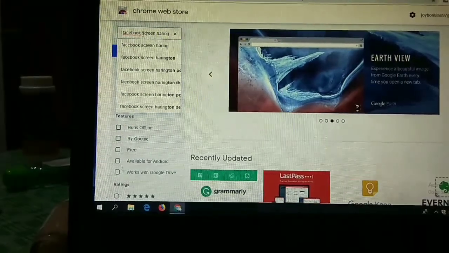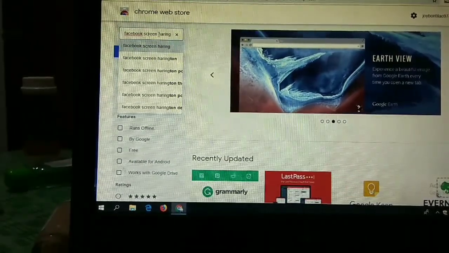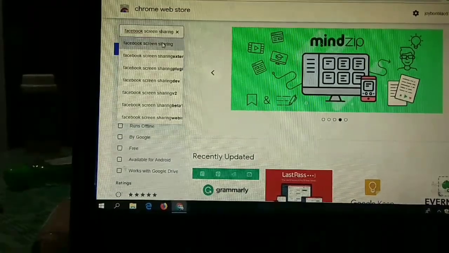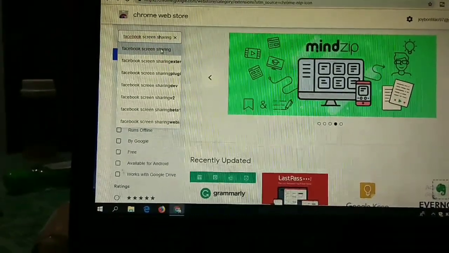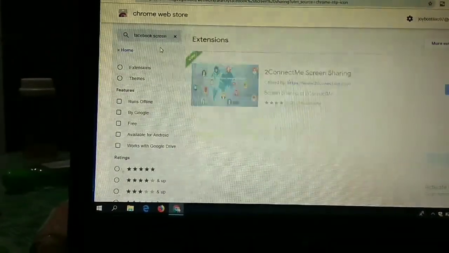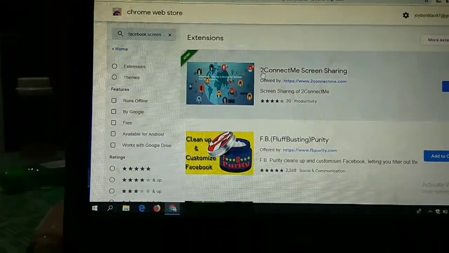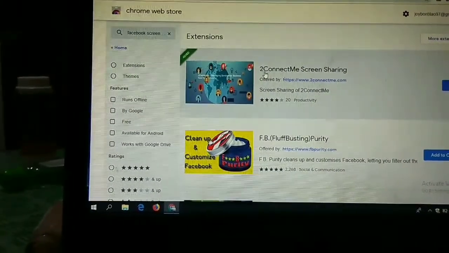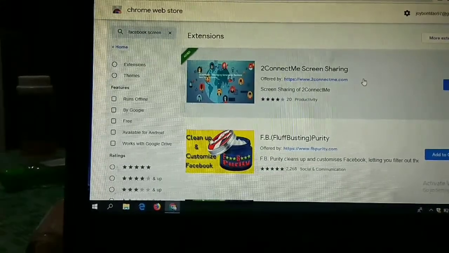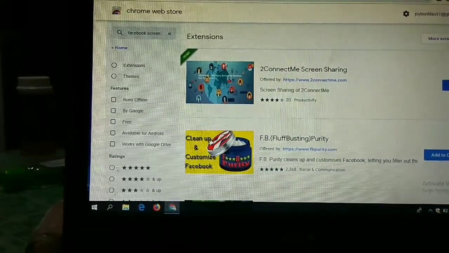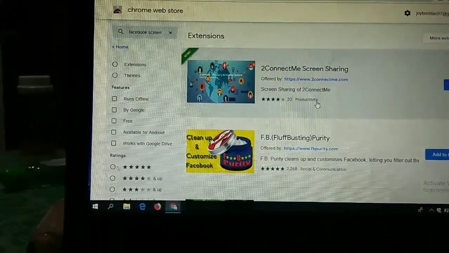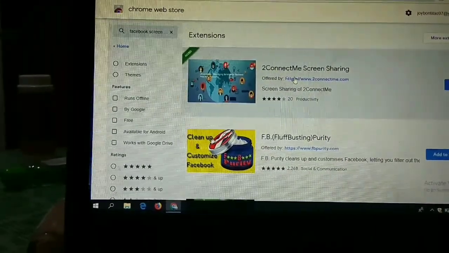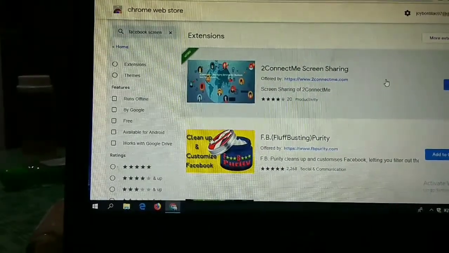Let's check. Okay, screen sharing, this one. Just click the Facebook screen sharing. Since I already installed this, the "To Connect Me" screen sharing, I already connected it here. And after connecting this, just